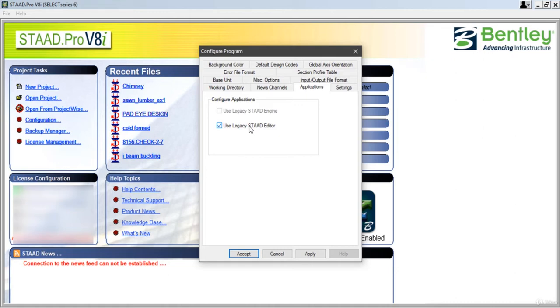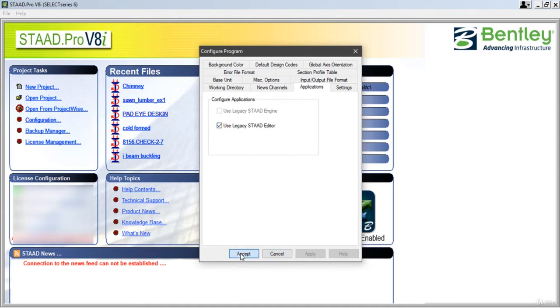I am comfortable with the legacy stat editor only, and I will advise you to go with it too. The new stat editor might look fancy or somewhat new, but it is not desirable to go with that version, especially if you are working with very heavy stat files or very heavy structures. So I will advise you to go with the legacy stat editor only.